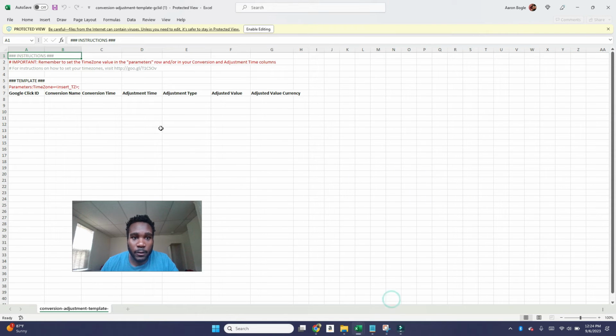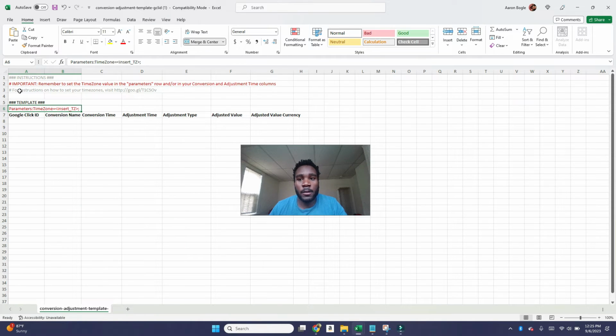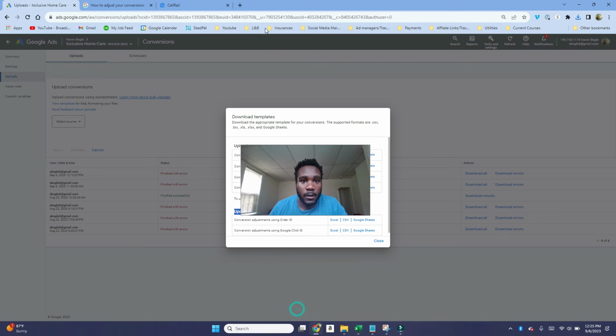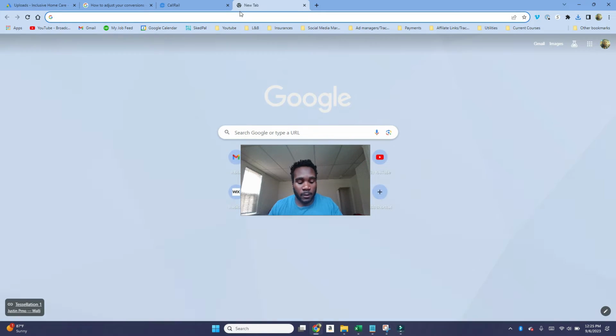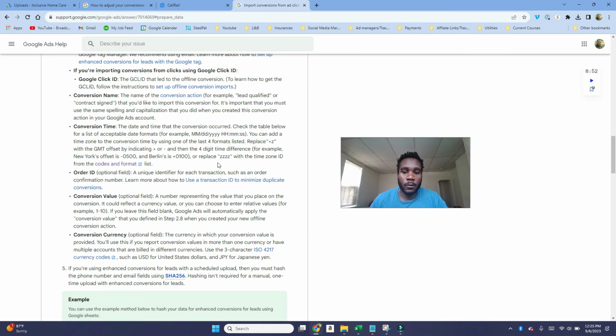So here we're going to enable editing, and it's going to give you this template. But an important thing you need to do is find how to set your time zone. So what you want to do is visit the link that's on this document here, and then of course paste it. If you want to make sure that you upload your specific time zone, which I highly recommend doing,